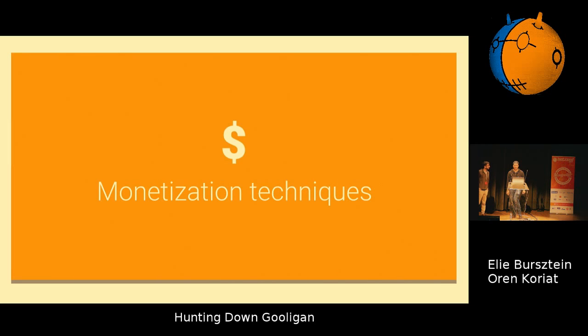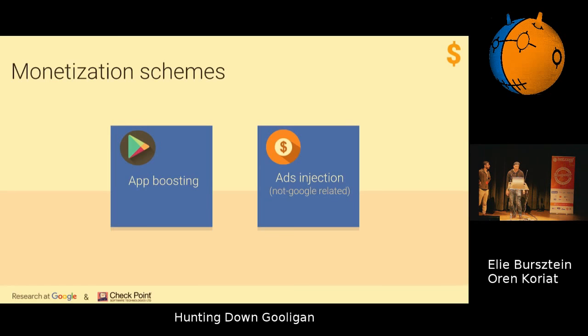So of course we went into escalation mode, and we were collaborating, and we spent a lot of time trying to understand what they were doing with the tokens, because the tokens you have on an infected phone are very powerful. You can use them for many, many things. It turned out that the only thing they were caring about was making money. And more specifically, they were doing two things.